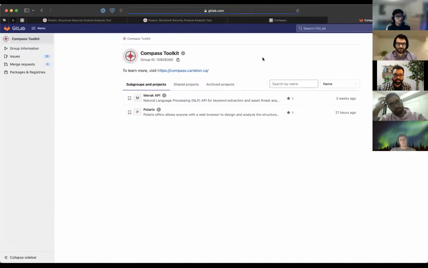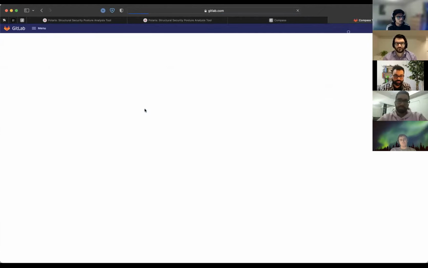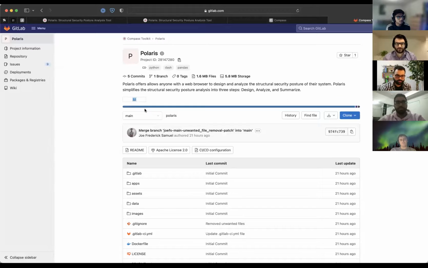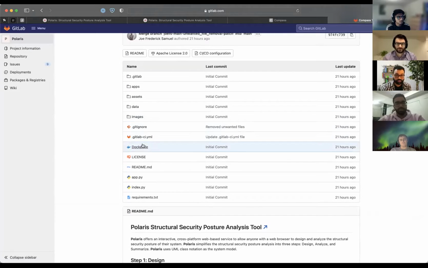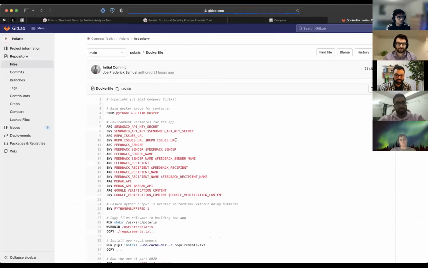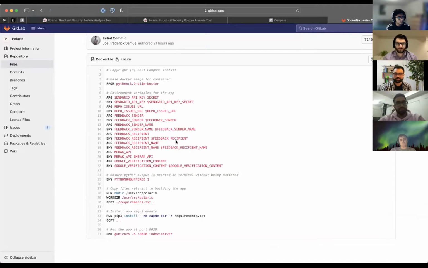And also we have the link to the GitHub that holds the tools that we are currently hosting in our infrastructure. So Polaris, for example, and you can see it's open source, so you can go through the code. You can see, for example, what the Docker file looks like, and you can see it's basically a set of rules, right? And it's fairly straightforward. So it's not a lot of configuration time relative to what the benefits give us.